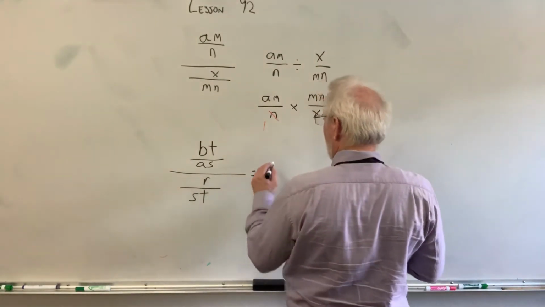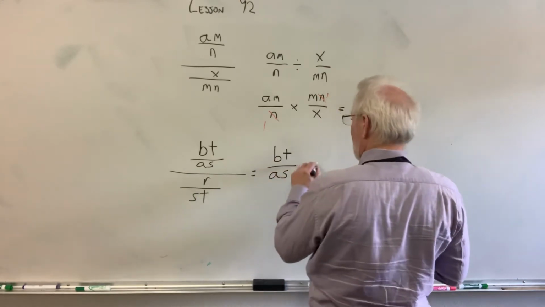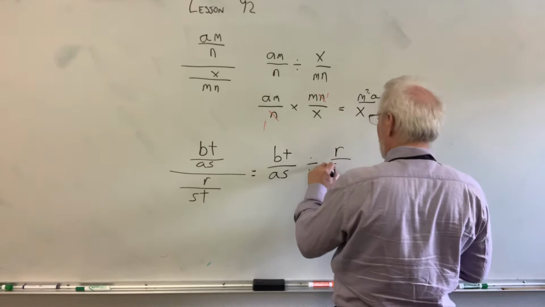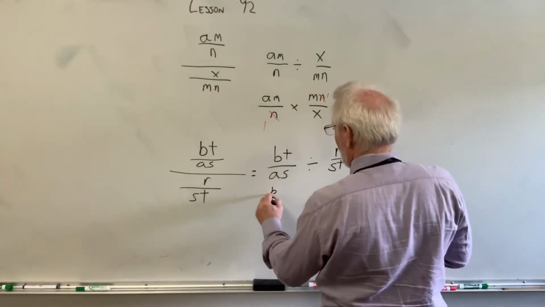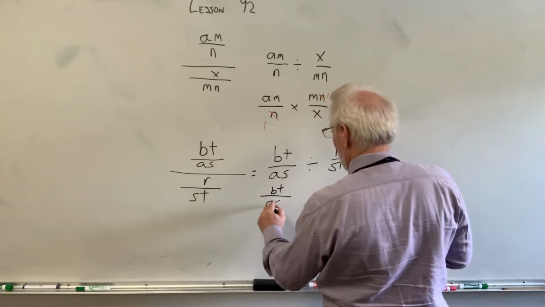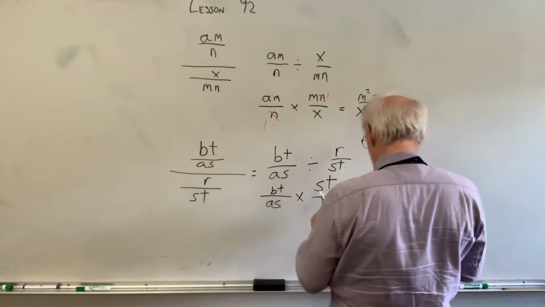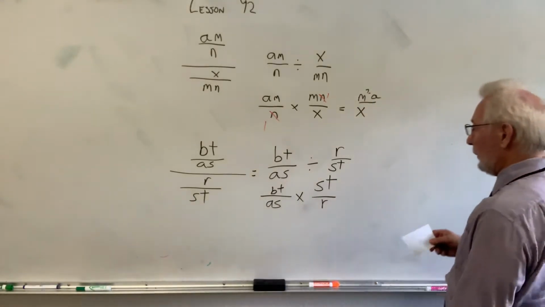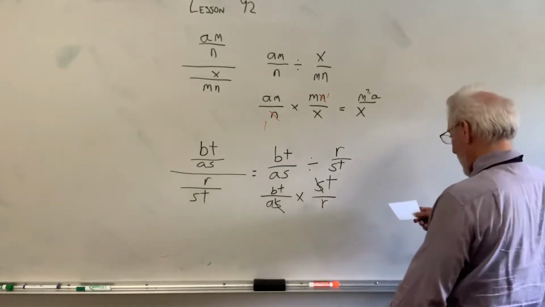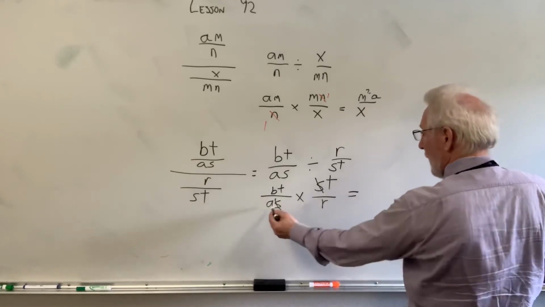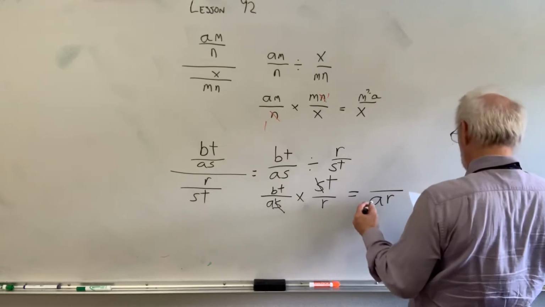So, again, we write it as a division problem. BT over AS divided by R over ST. But we never divide fractions. We get BT over AS times ST over R. Okay, now, see any reducing there? Yep. That S and that S cancel each other out. So down here in the bottom, we get A times R. Here on the top, we're going to get,